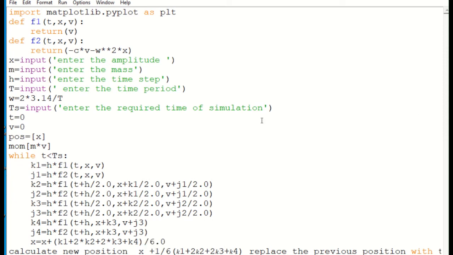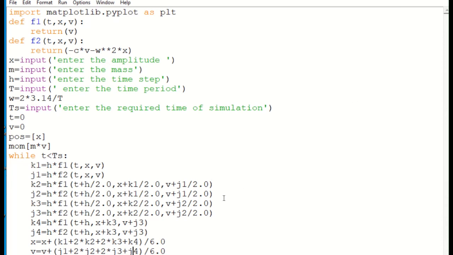Alright, similarly I can calculate the velocity using the formula v equals previous value of v plus every k is to be replaced with j1 plus 2j2 plus 2j3 plus j4, everything divided by 6.